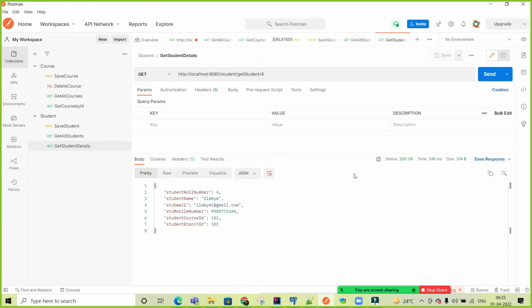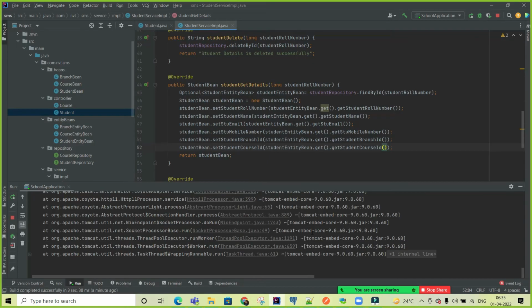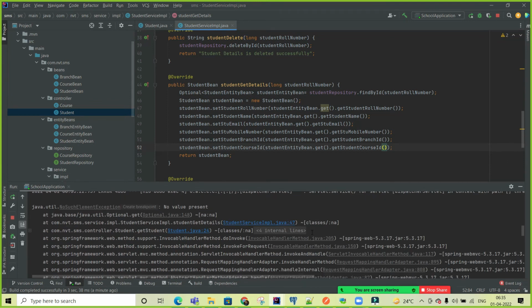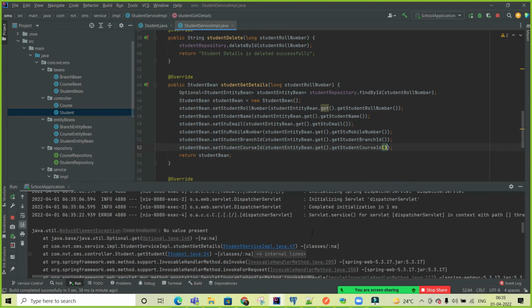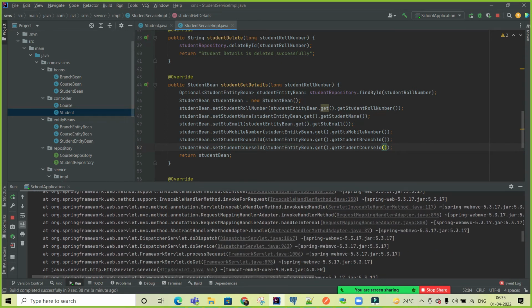Now I am getting the data. Okay, so if I am doing 1, then I'm getting the data. If I'm getting 101, what should happen? Error, internal server error, then it should not become that. What is the reason? Because the student roll number value persist. So now you need to check.